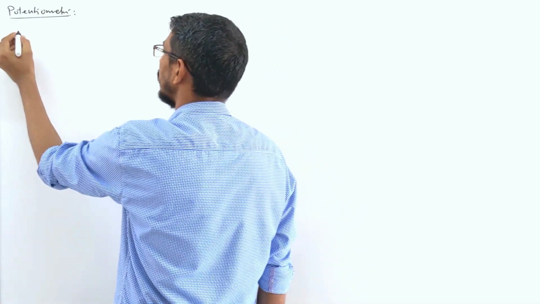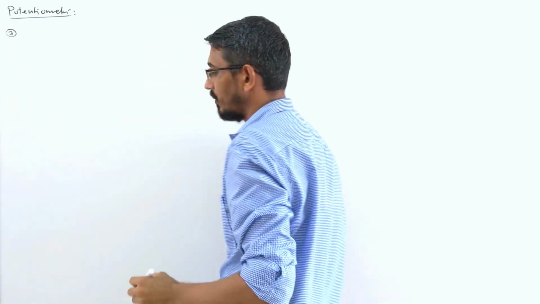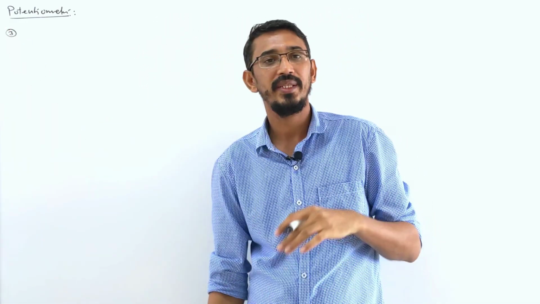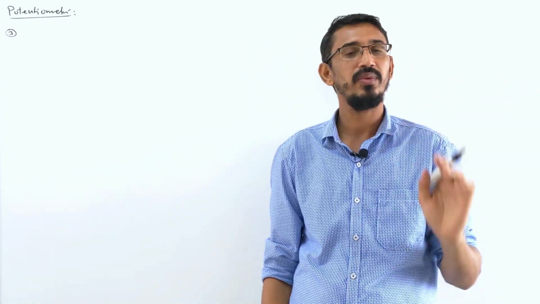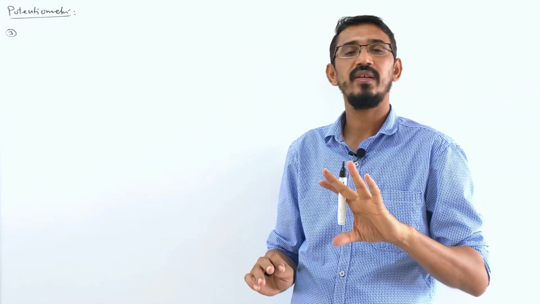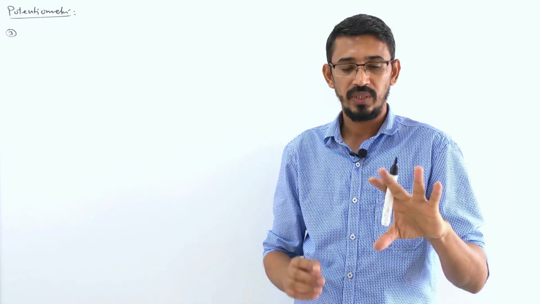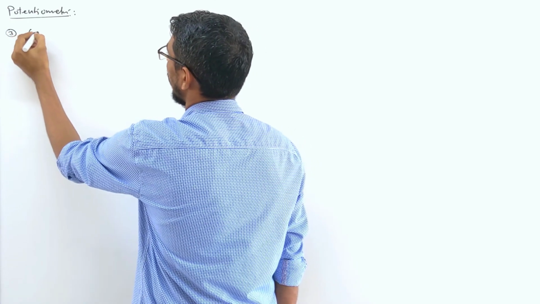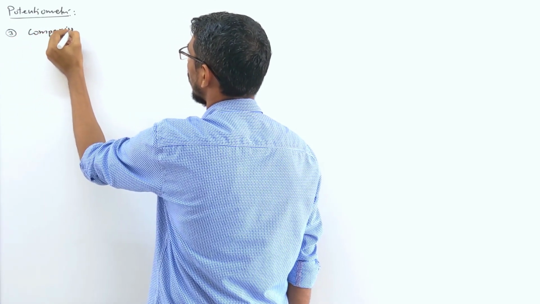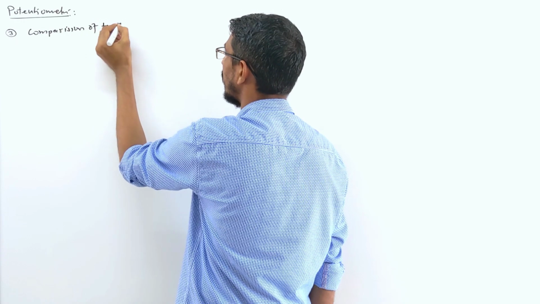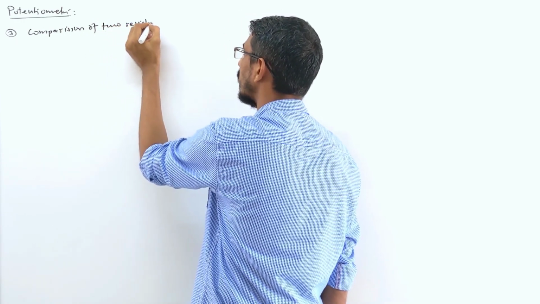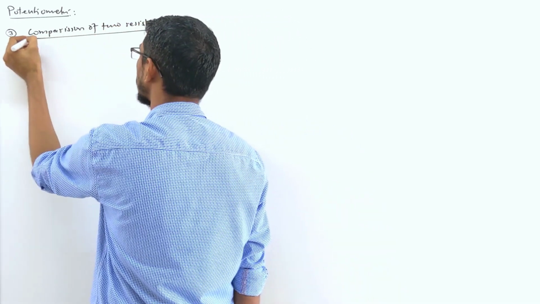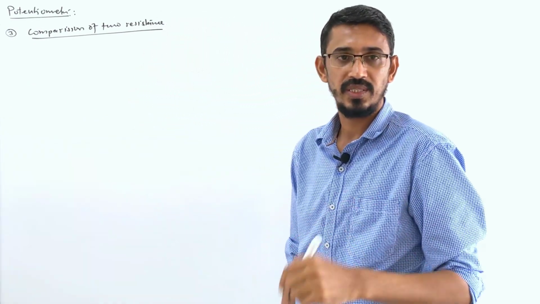Okay, so next numerical, watch carefully. Like you have compared the EMF of 2 cells, E1 by E2 came like L1 by L2. Same way you can compare 2 resistances. 2 unknown resistances are given to you or none given, doesn't matter. R1, R2, you can find the ratio, what is R1 by R2. You can compare the 2 resistances. Or if any one resistance is known to you, then you can find the other resistance.